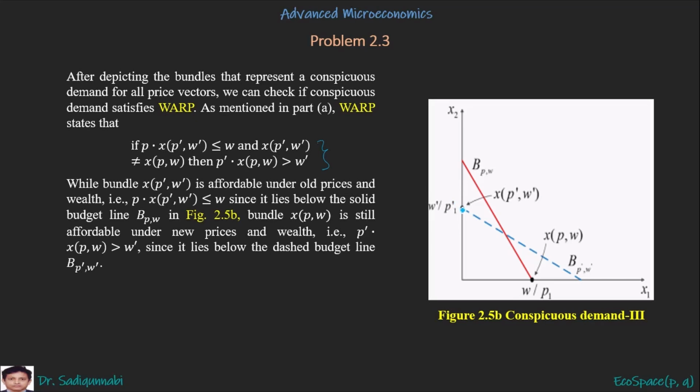So this is below, so it is affordable under the old price P. So this is with P and this is with P prime, so this is affordable, less than or equal to W. And bundle XP is still affordable, so this bundle is affordable under the dashed line, that means with price P prime. So we can say that